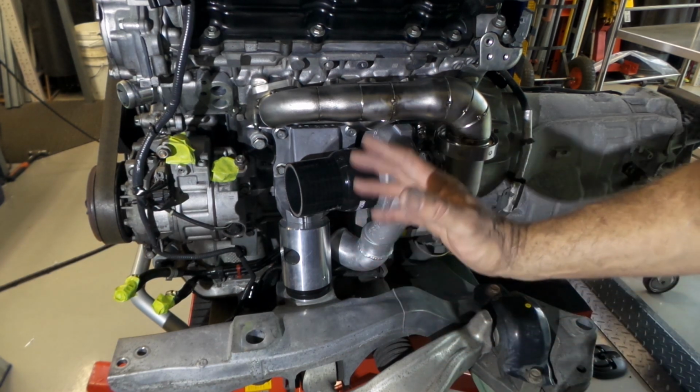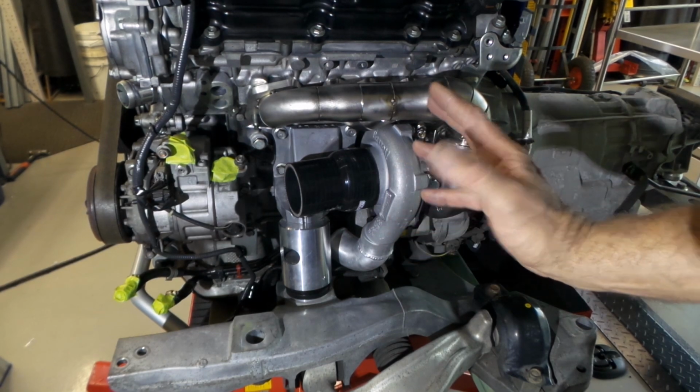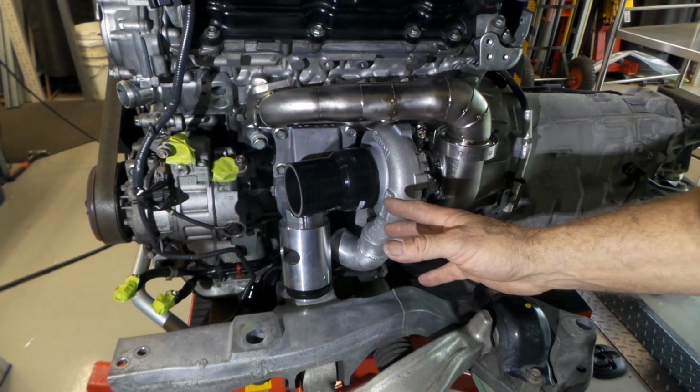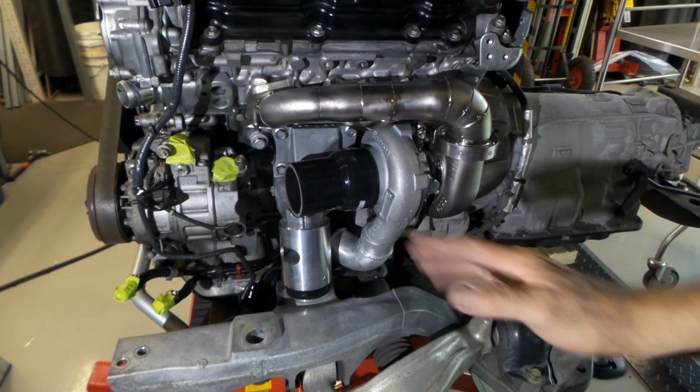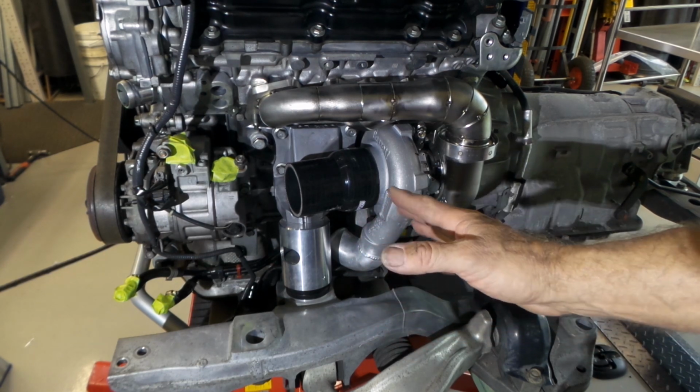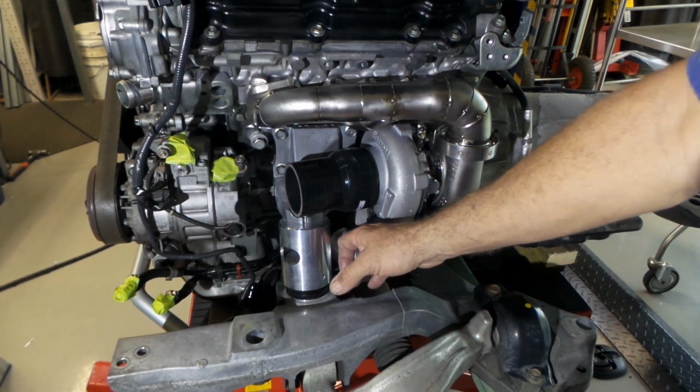Now you're probably thinking, Jesus Christ, Trevor, you've gone mad. Why are you welding all these pieces onto the compressor covers of your bloody turbos? Why don't you just use silicon joiners? Well, I am going to use silicon joiners, but the problem is when you have a complex little area like this,